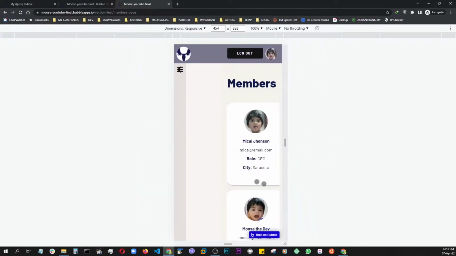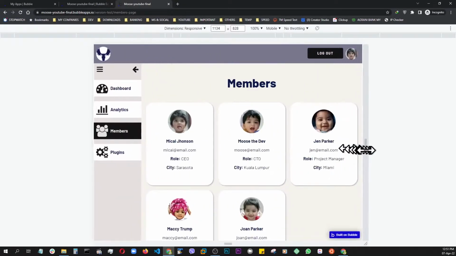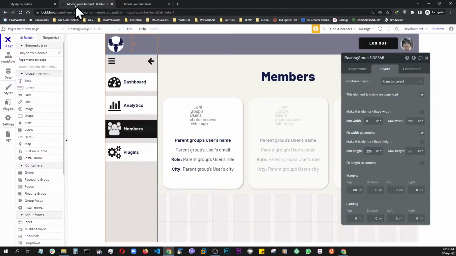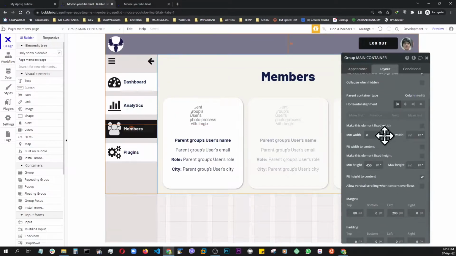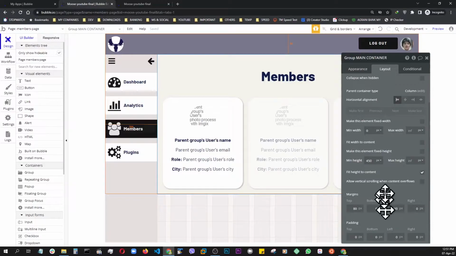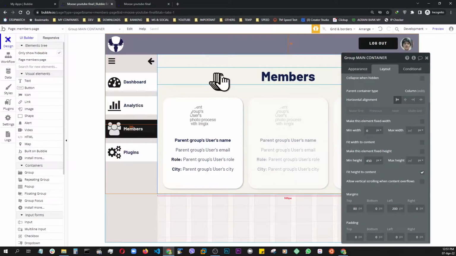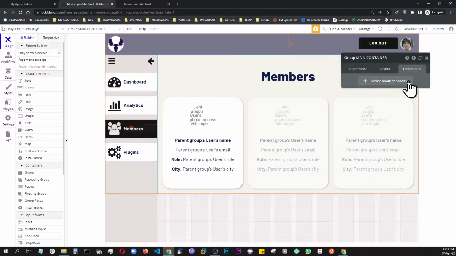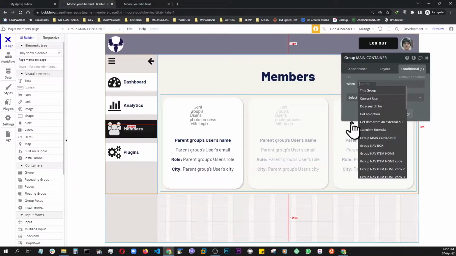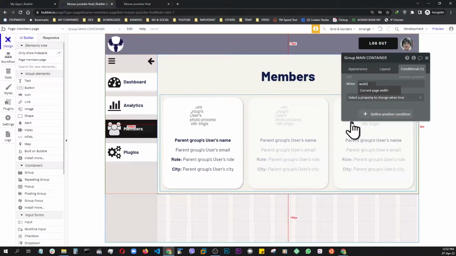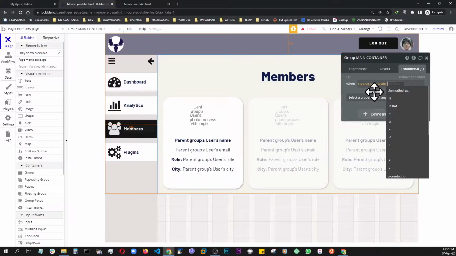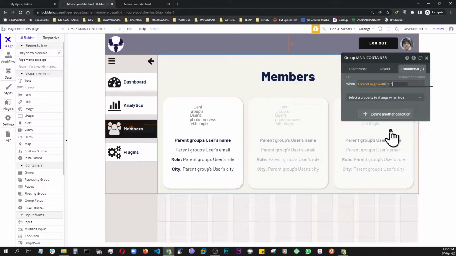Okay. And now what's happening here is that initially we used a 200 pixel left margin. So here also we're going to go ahead and add a condition. And as you can see right here, this is the left margin, 200. That's what is keeping it from dropping all the way, right? So let's start a conditional. Here we should say width, current page width, when it's smaller than 500, then